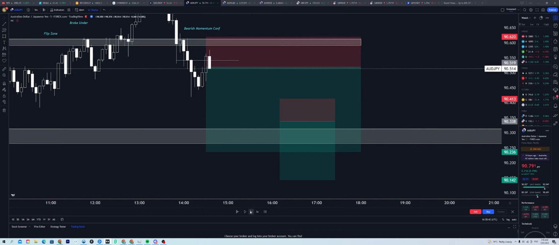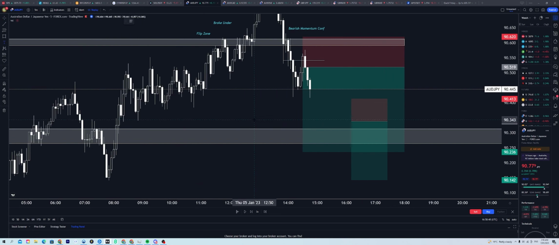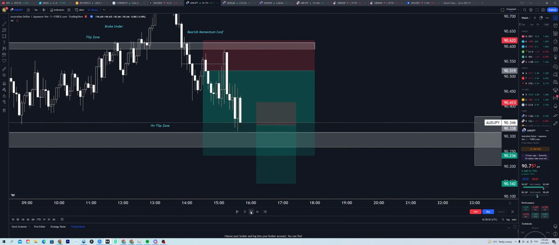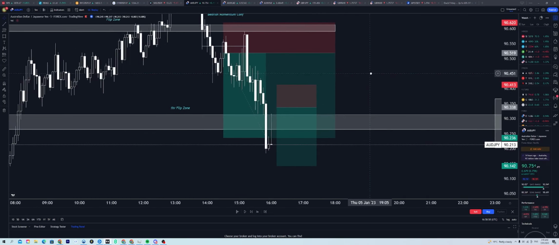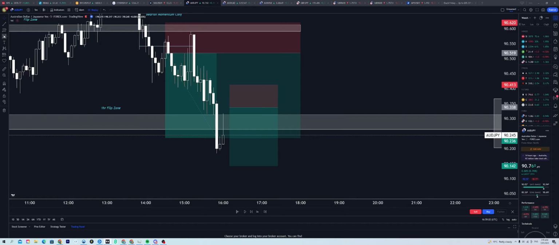So you can see price wicks into here, challenges this area, instantly rejects, and we have this 1 hour flip zone right at this level where price eventually challenges right again, takes profit. And then this was just another quick little scalp that I took. Doesn't really matter much as we already hit a 2.8 to 1 trade on here, but essentially there's a huge